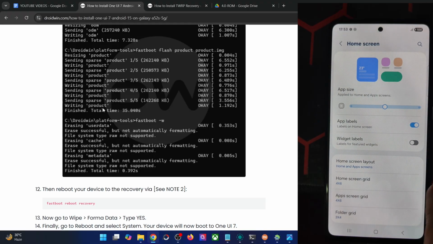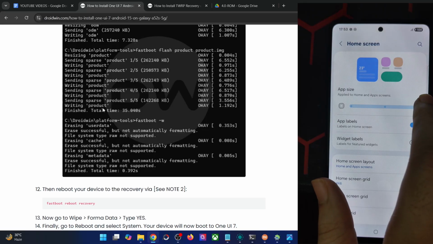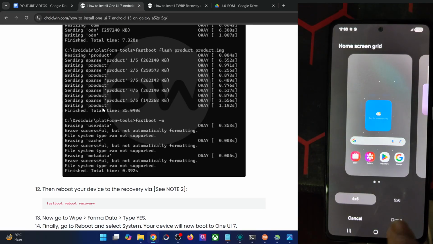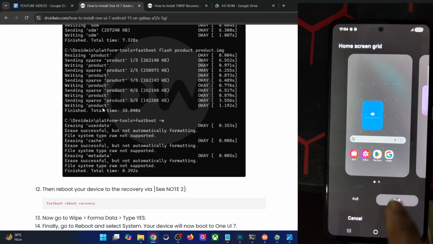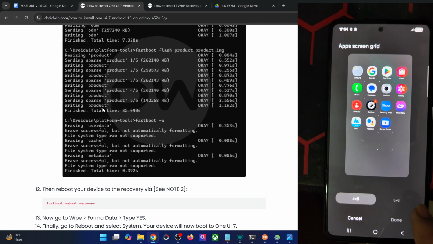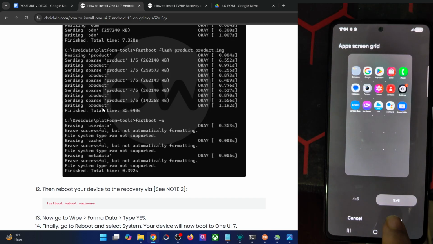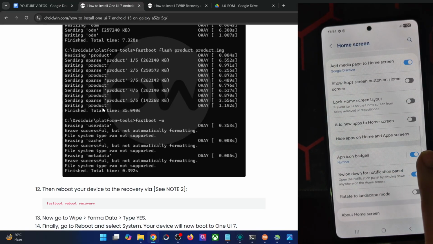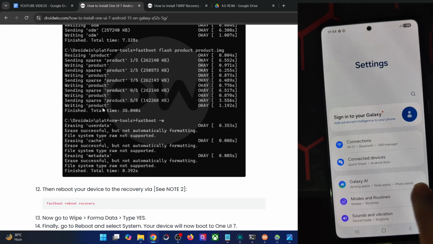Then under home screen, you could increase the icon size in both the app screen and the lock screen. Then home screen grid, by default is 4x6. You may also choose 5x6, but that's just about it. Let's choose that. In the app screen grid, you may choose up to 5x6, and again I will go with this one only. Folder size, let's skip that. And app icon badges, it's handy.